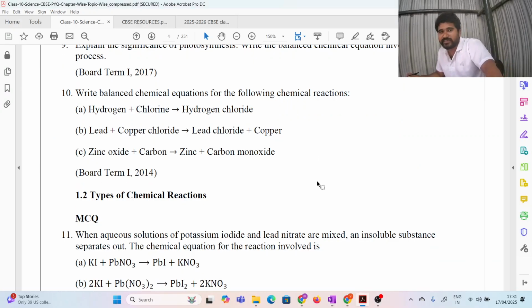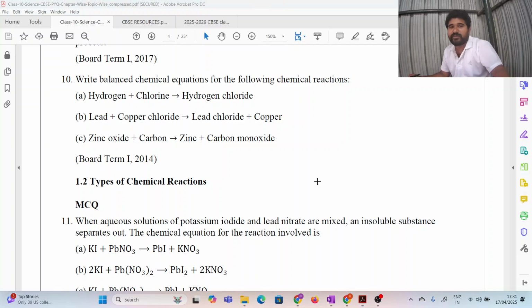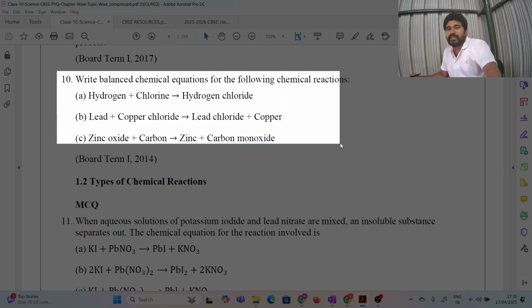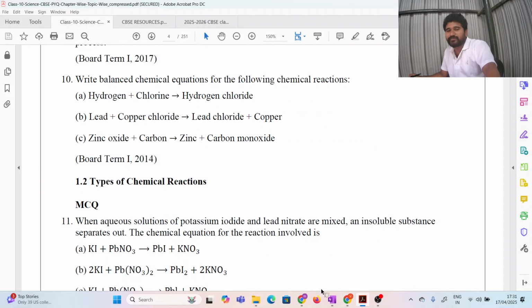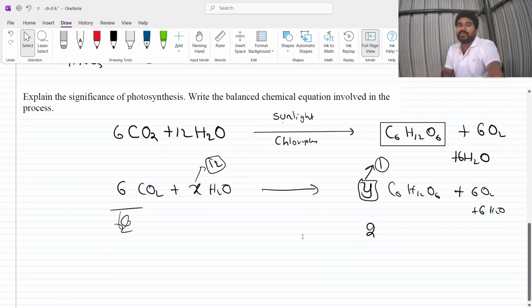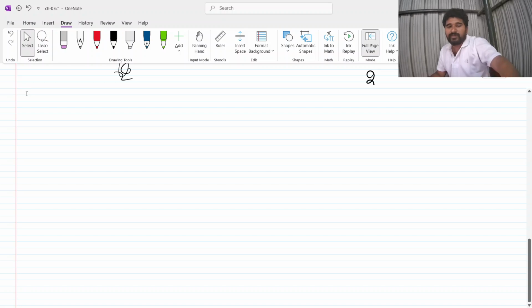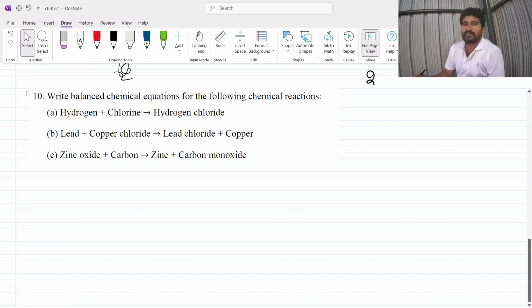Yes. Let's see next. Write the balanced equations for the following. Write down everybody. So this question also you have to send me, and this equation also you have to send me. Whatever equations we are discussing in today's class, you have to write down on a paper and send me. Clear? In the group only. Send me in the group. Come on. First equation,